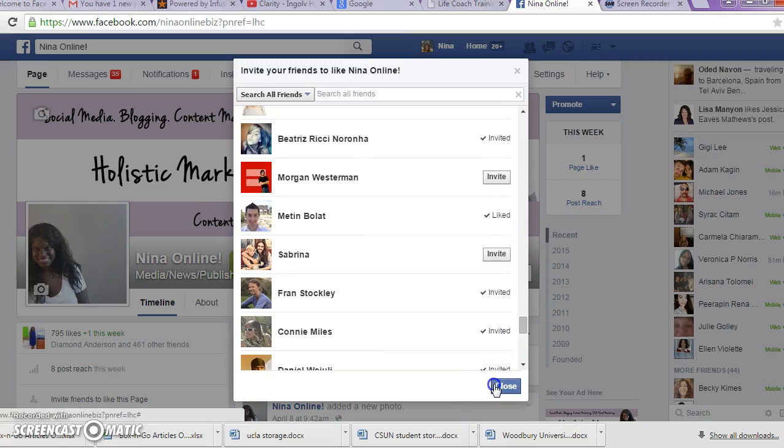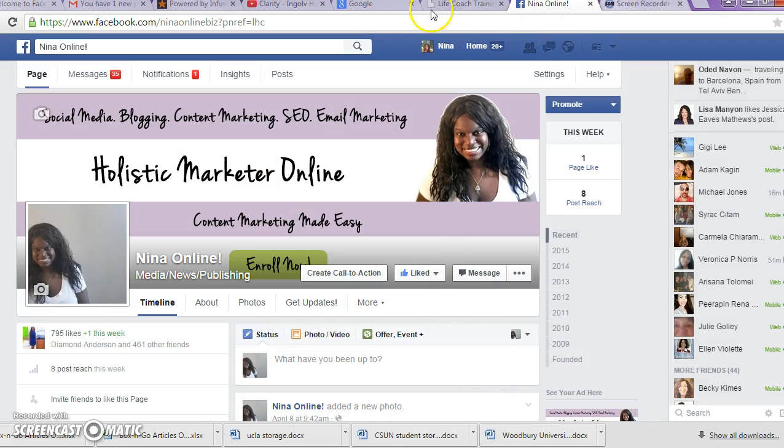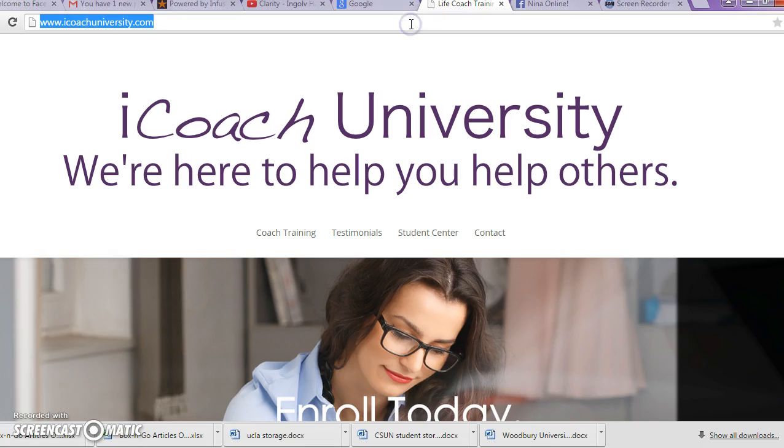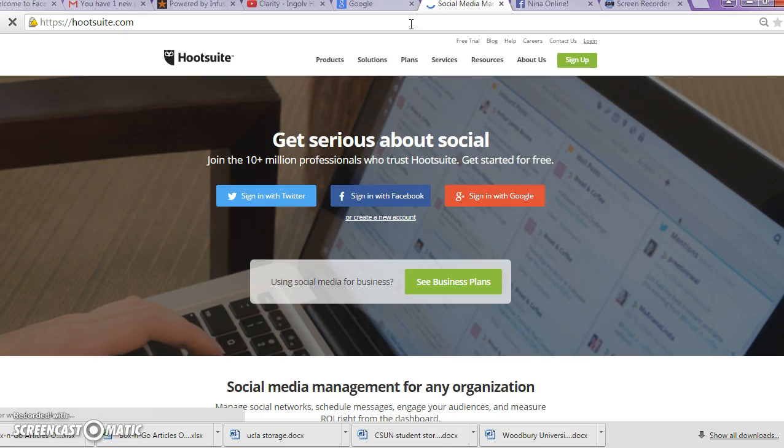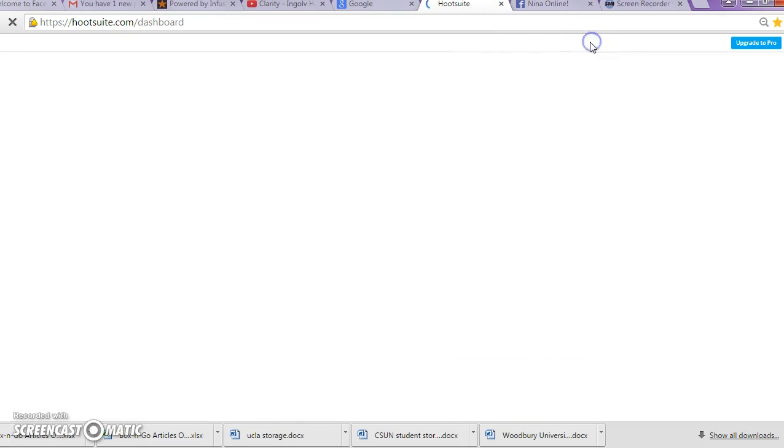Now the next step would be actually going into Hootsuite, because Hootsuite is where you do most of the social media. So what we'll do is we'll go into Hootsuite. Just give it 1 moment while it populates and Hootsuite comes up on the screen. There are 2 ways you can get into Hootsuite. If you're already logged into Facebook, you can log into Hootsuite by signing in with Facebook, or you could just use the login here.